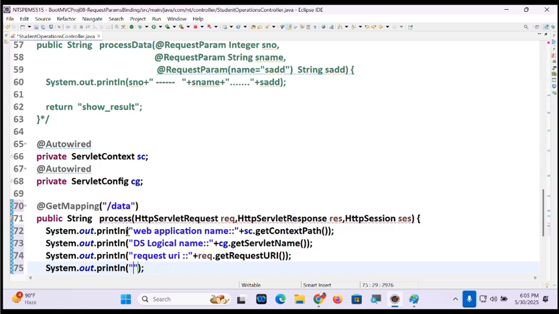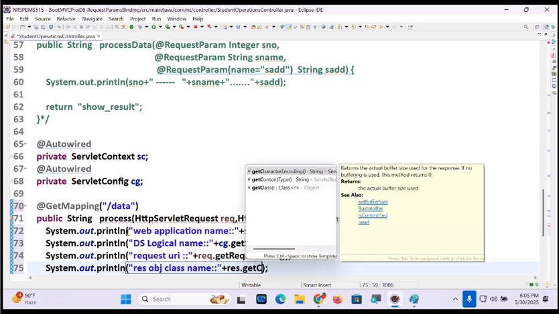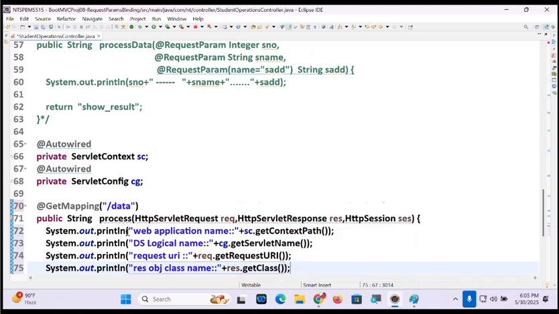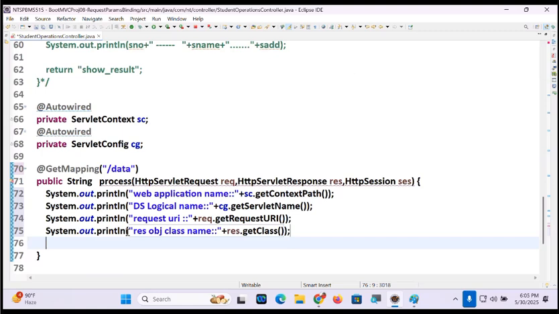Maybe you can set the response content type, right? Okay, I will print the response object class name, res.getClass().